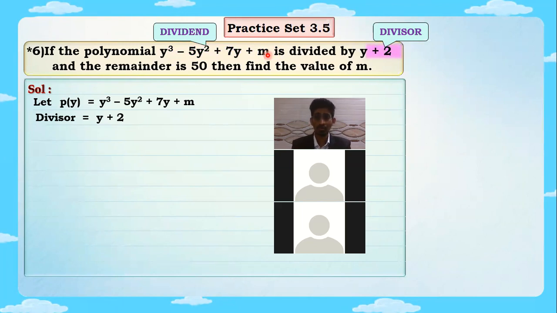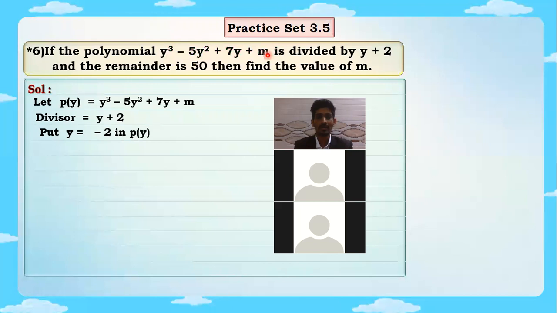Since it is y plus 2, tell me students, in place of y what do we have to substitute? Yes, perfect. We are going to substitute minus 2. So in place of y, students, we have to put -2. Put y is equal to -2 by the theorem called the remainder theorem. So in place of y we are going to write